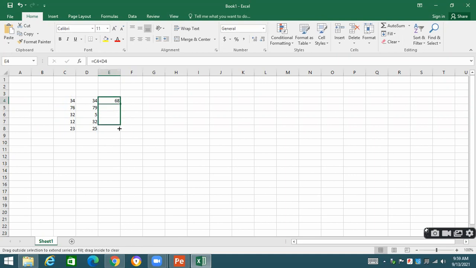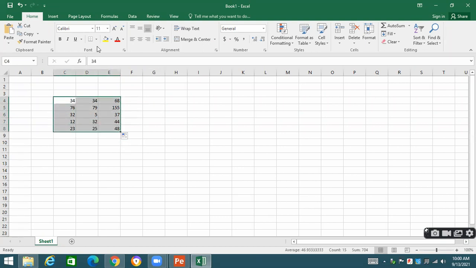But if I drag this value to the next values, you will be able to see that Excel is going to change the formula, change the address. This is relative cell addressing. In the next row, it is taking C5 and D5. It is not adding C4 and D4 over here. In the next row, C6 and D6, Microsoft Excel changed the address automatically. Over here, this is C7 and D7, and over here it is C8 and D8.